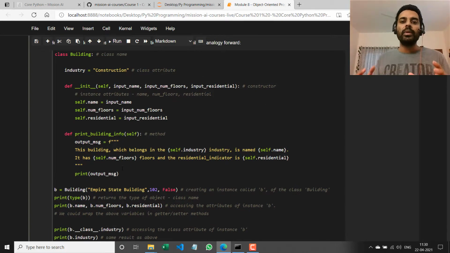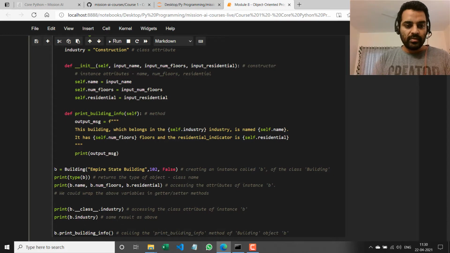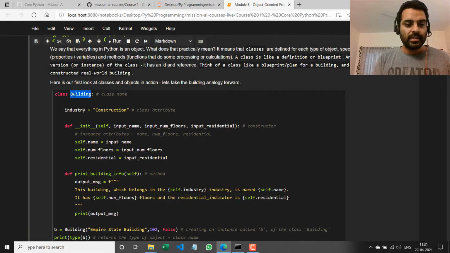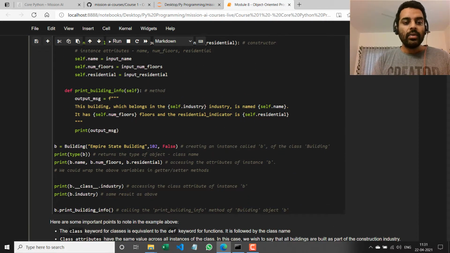So remember, this is just the blueprint. Now I have to create a real world object out of it and then use that object. So I'll say B, which is a variable, equals building, right? And building is the class name. It's in the same case as build. So B equal to building. And now I am passing some arguments to the constructor. So when I create a new object, when I say B equal to an object of building, I'm passing a bunch of arguments to the constructor function